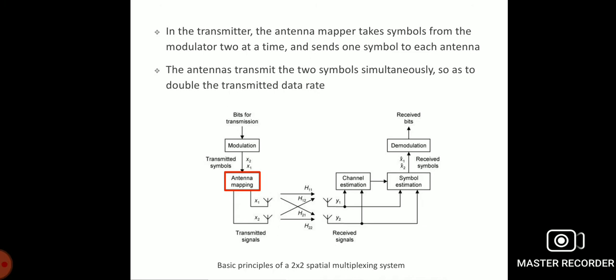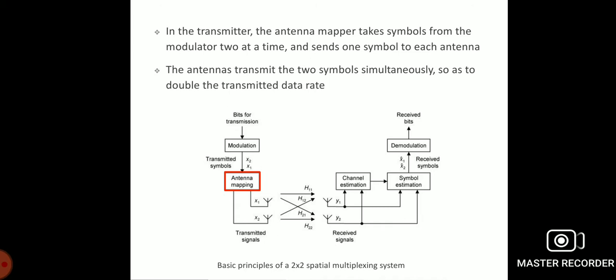It also follows the channel estimation. First of all, we find the channel estimation, that is, the coefficients of the modulation index, and we can also find the symbol estimation, different time period symbol estimation, to recover the received symbols x1 bar and x2 bar to apply the demodulation process. After that, the signal gives the same information, that is, the weighted same information will be provided.